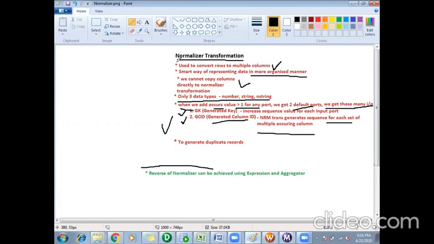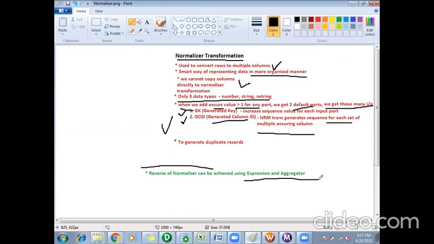So we don't have a specific transformation in Informatica to achieve the reverse of normalization, that is denormalization. In order to achieve denormalization, we can do it using expression transformation and aggregator transformation.